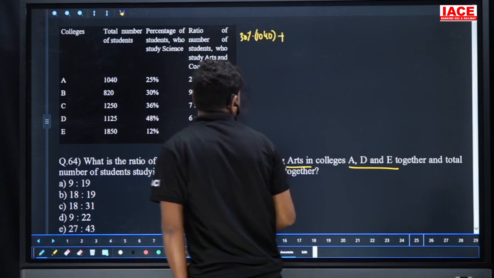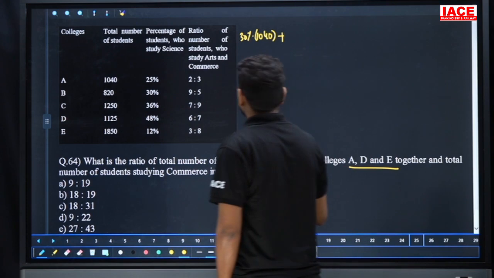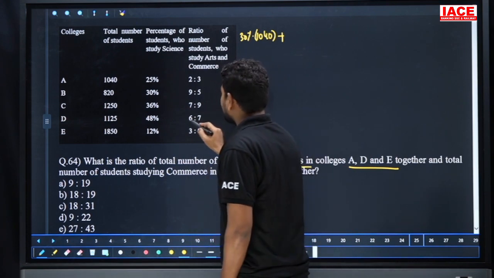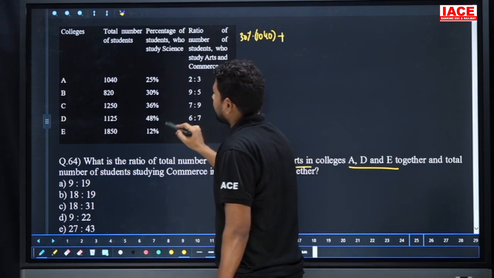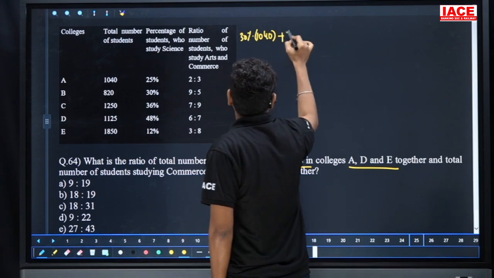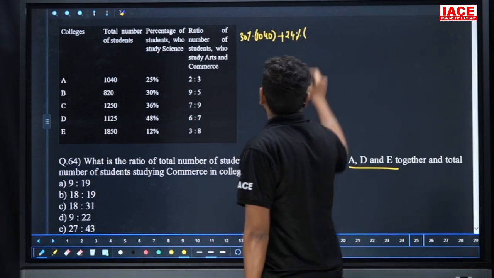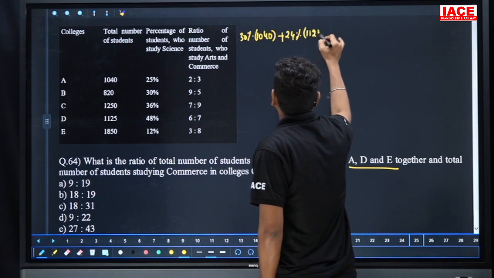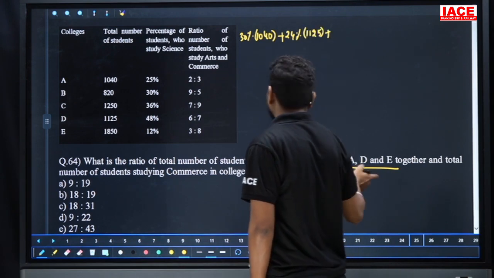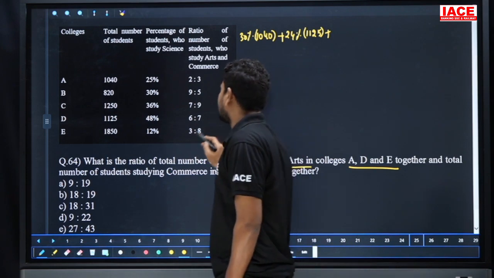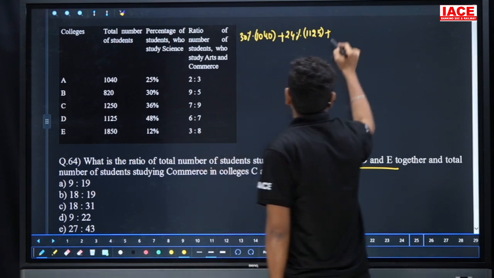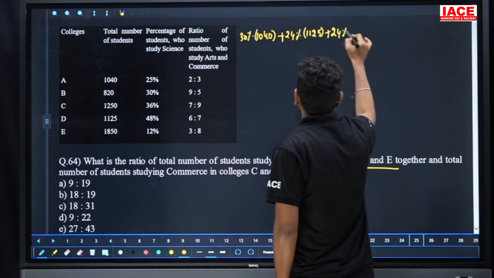1040 plus, and the next D value is required particularly for arts. Here the 6 parts, 6 plus 7 is 13. 13 into 52, it is 4 times, 4 sixes are 24 percentage. 24 percentage of 1125, plus the next E value. E value is 3 plus 8, 11. 11 into 88, 8 is a 24 percentage. 24 percentage of